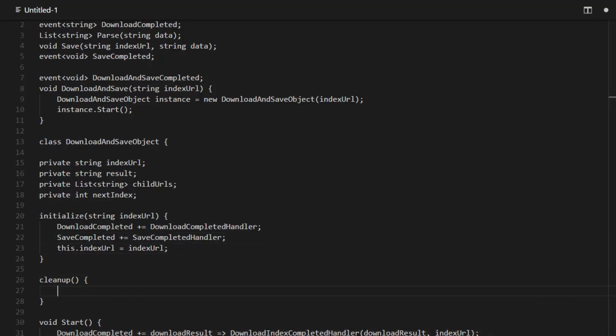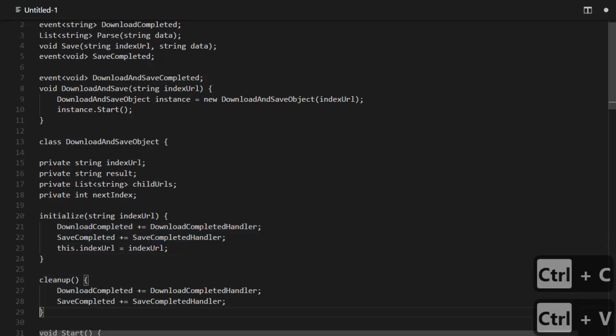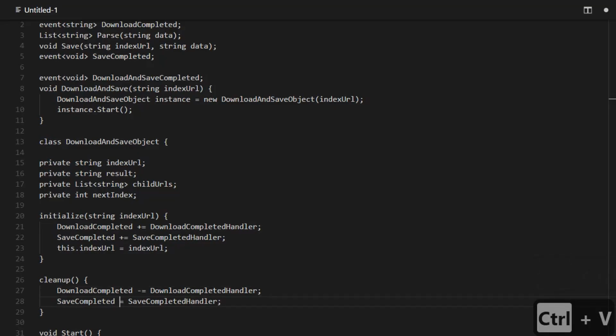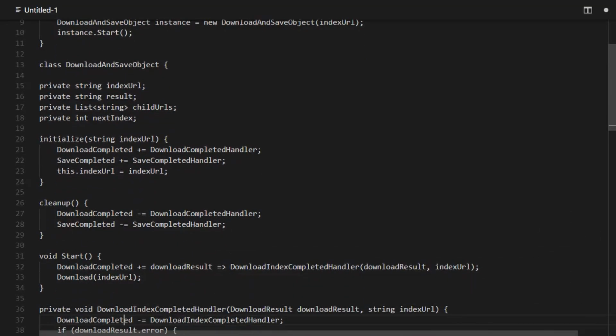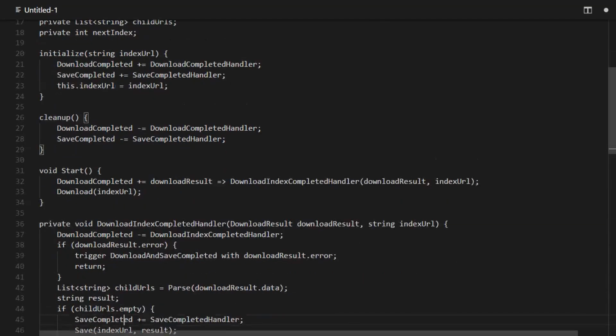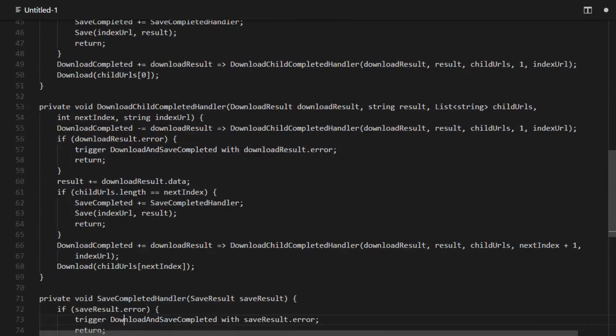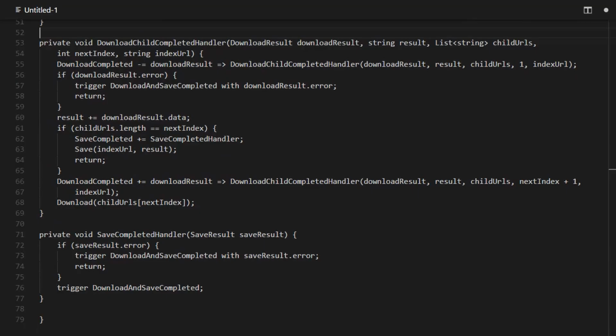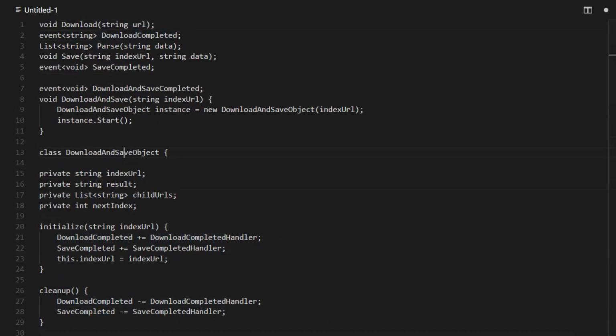And when we're all done, we're going to just unsubscribe those. So this cleanup is going to be called when we're all done with this object. All right. And in fact, I don't think our save completed handler was even unsubscribing before, was it? No, it was not. Okay, so we're going to be cleaning up some resource usage as well as part of